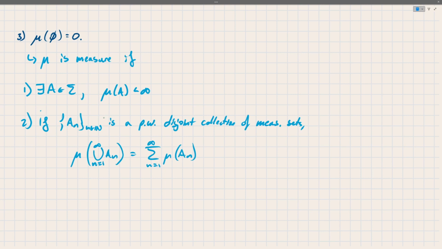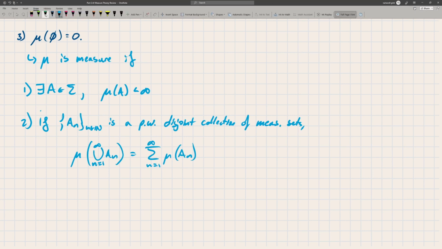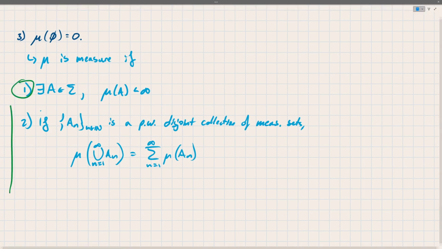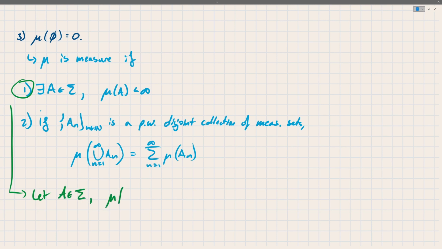Okay, we're going to use these properties. Specifically, we're going to start with this first one here. Since we know that for mu to be a measure there must exist some measurable set with finite measure, we'll say let A be that set. So let A be an element of sigma such that mu of A is less than infinity. This is guaranteed because mu is a measure, okay? And so I'm going to consider